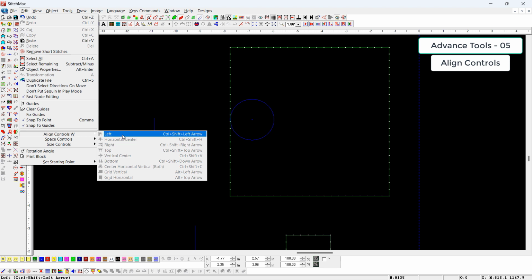If you want to align to the left, use Ctrl plus Shift plus left arrow. If you want to horizontally center, use Ctrl plus Shift plus H. If you want to align to the right, use Ctrl plus Shift plus right arrow. If you want to align to the top, use Ctrl plus Shift plus up arrow. For vertical center, use Ctrl plus Shift plus V. And if you want to align to the bottom, use Ctrl plus Shift plus down arrow. If you want to center horizontally and vertically, meaning in the center from both sides, use Ctrl plus Shift plus